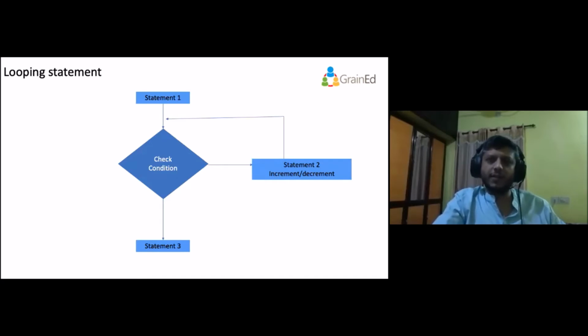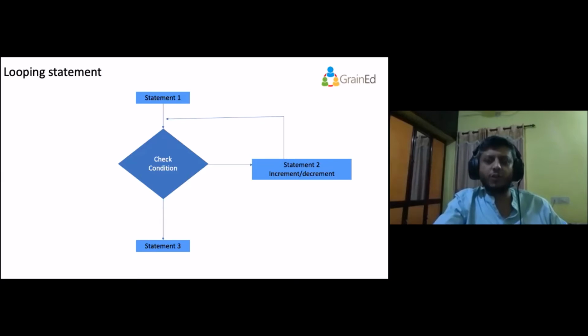Now we basically understand how a decision statement works. But in some scenarios, if a condition is met, you might have to process the same set of instructions multiple times. So it doesn't end by doing it only once. A simple example would be writing a program to calculate the total marks of each student. In a check condition, let's say for students with roll numbers 1 to 30, you check whether you have reached roll number 30,